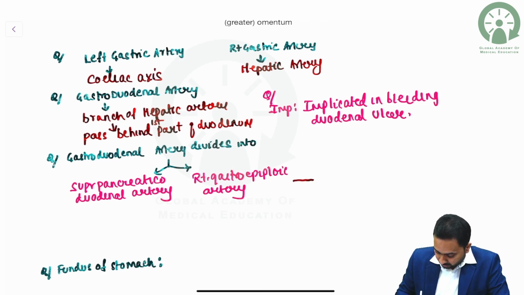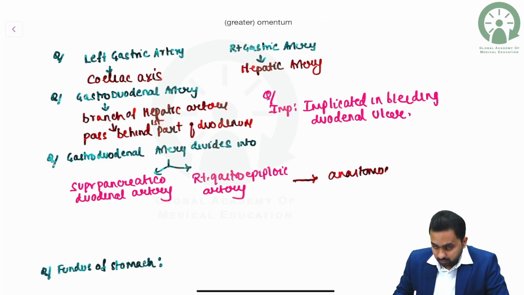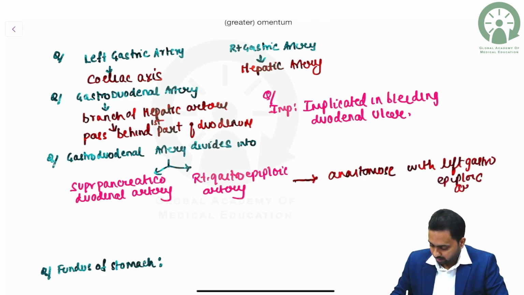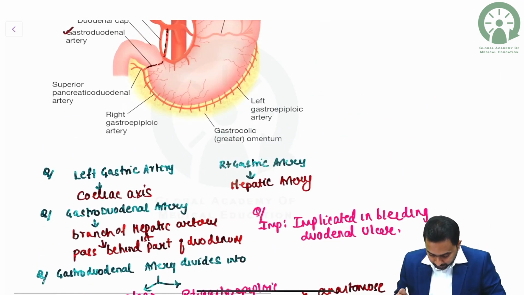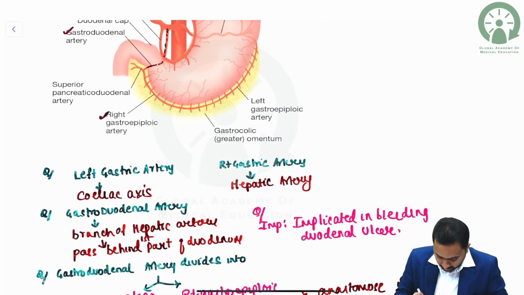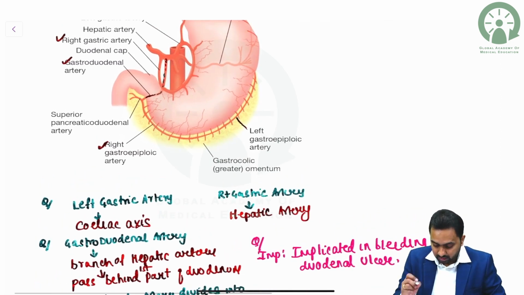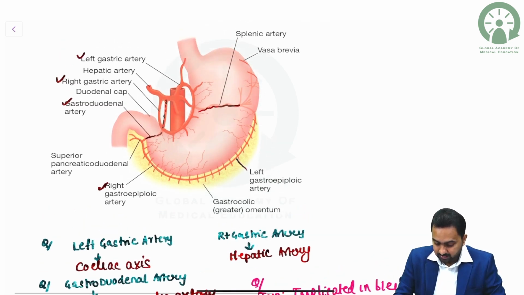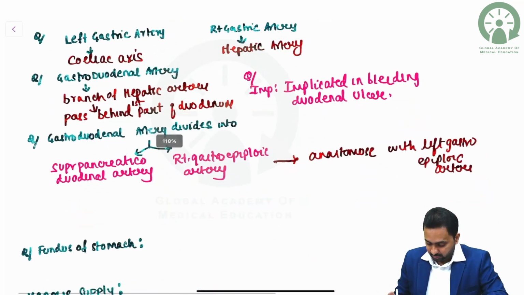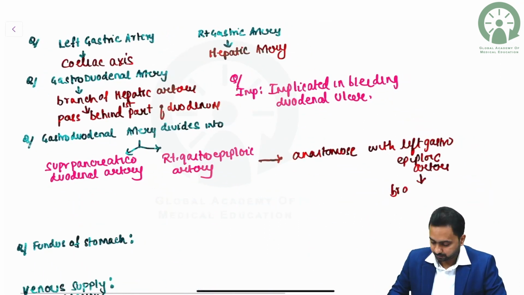with your left gastroepiploic artery. Now if you look over here, this is your right gastroepiploic artery, right, which is arising as a terminal branch from your gastroduodenal. Now it is anastomosing with your left gastroepiploic artery, which is in turn arising from your splenic artery, right? So if you look at this, this is your splenic artery, right? So this is a branch of the splenic artery. Now this vascular arcade